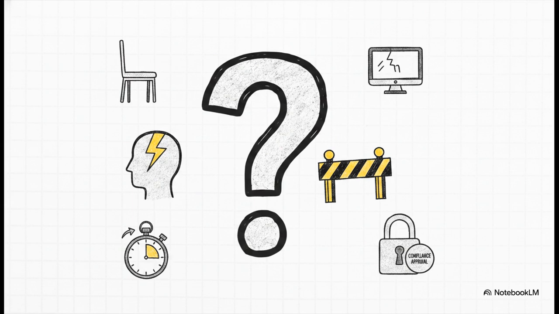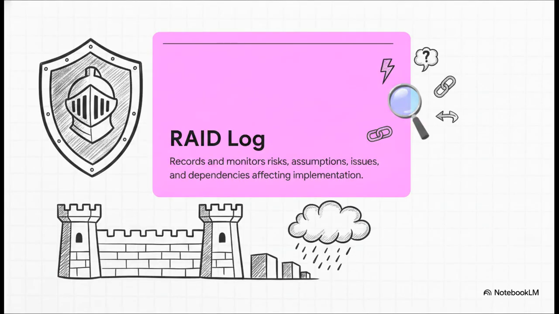The subject matter expert might suddenly be unavailable, the LMS upgrade is still unconfirmed, the assessment has a weird technical error, and the whole launch depends on receiving compliance approval. Definitely a real headache. So which implementation tool would you use to handle this? 5 seconds on the clock. All right, the answer is a RAID log. A RAID log records and monitors risks, assumptions, issues, and dependencies that may affect implementation. Honestly, it is your absolute best defense against all those looming